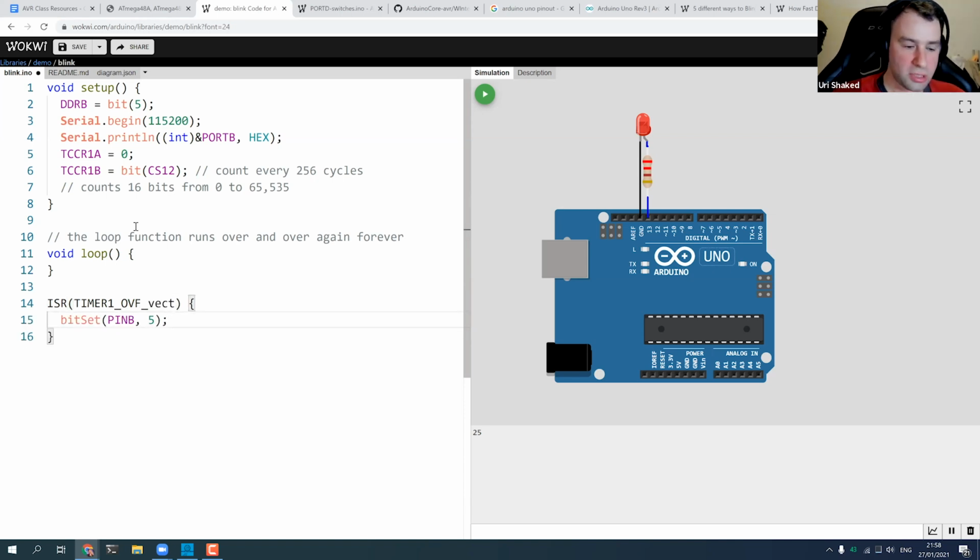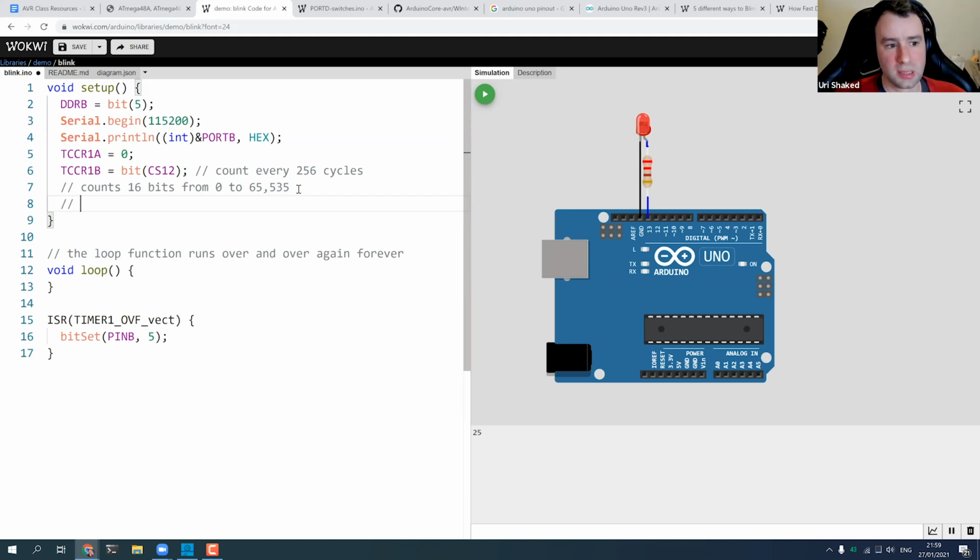Whenever this happens, just toggle the pin. If you multiply this number by that number, you will see it roughly equals 16 million, the number of cycles in a second. So whenever it overflows, we know that 1 second has passed, more or less.